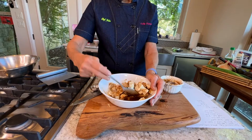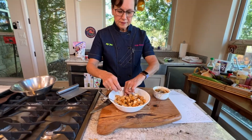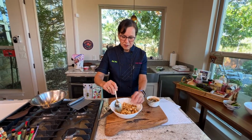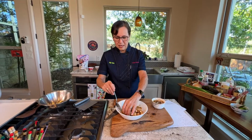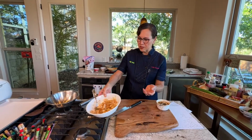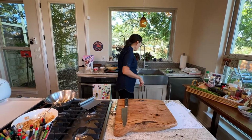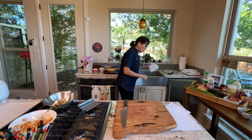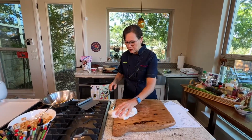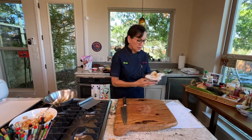It doesn't really do anything to it. It just kind of makes it a little bit more intense in flavor. But yeah, I'm breaking it up a little bit. All right, so sometimes I've done it before in a plastic container, a Ziploc bag, whatever you have, it doesn't really matter, but you get the idea. Marinate your tofu at least about 20 minutes. And then after we marinate it, we bake it in the oven. And I'll talk about that in a minute, but